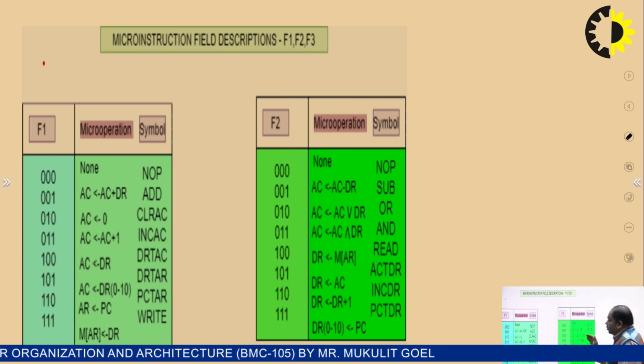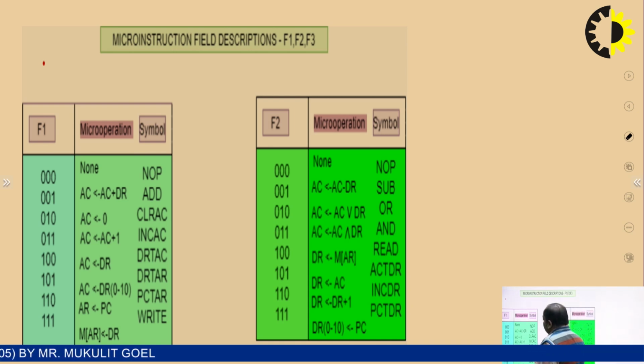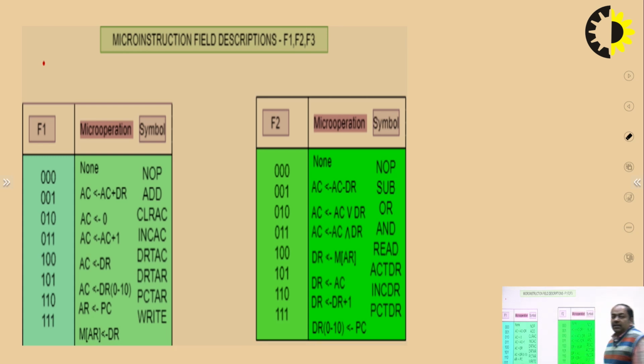For 001 it is subtraction, AC minus data register, which means the values are subtracted, while in the field descriptor F1 the function done by the bits 001 is addition. In the same way, 010 represents the OR operation, 011 represents the AND operation, 100 represents the read operation,